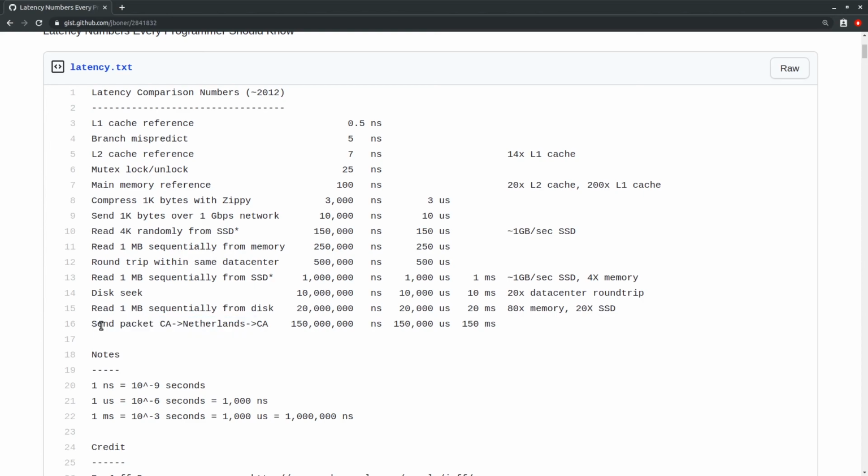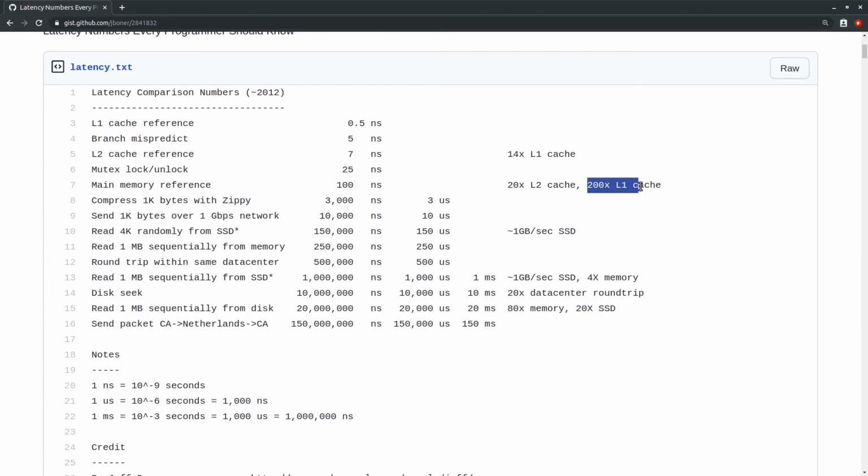Line number 16. Send a packet of data from California to Netherlands and back to California. Notice the time. 150 million nanoseconds. That is around 1000 times slower than accessing data from the SSD.